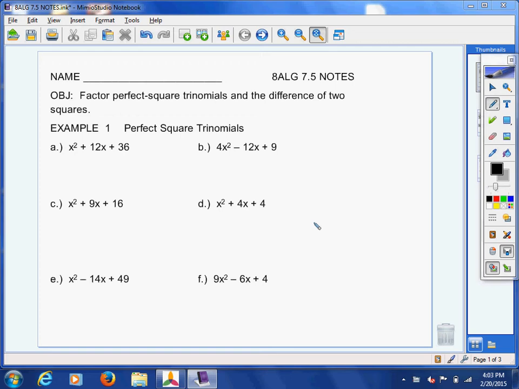Graders, it's Mrs. Thompson. We're going to talk about section 7.5. Today, first in this particular example, we are going to talk extensively about factoring perfect square